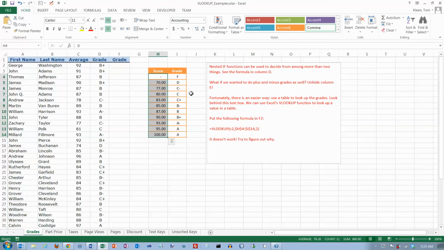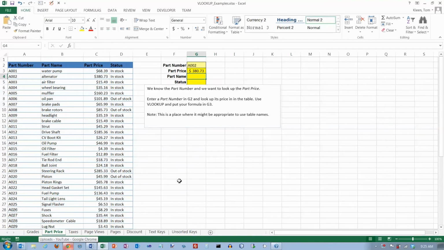This is the second video on the VLOOKUP function. We're going to take a look at some more examples of using VLOOKUP here. In the first video we looked at an example of how to look up a letter grade using a numeric grade. And I've got some more tabs down here, and we're going to go through all the examples on these tabs. Okay, so